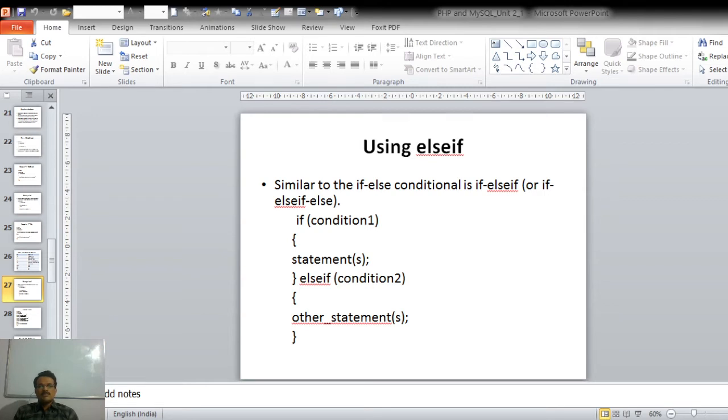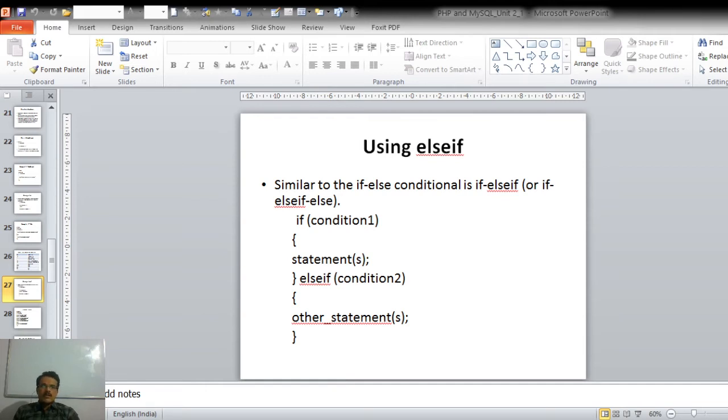Next, else if condition 2: if condition 1 is false, then we will check condition 2. If that condition 2 is true, then the other statements will be executed. Again, if condition 2 is false, then we will check condition 3, then condition 4, and so on, as many conditions as you want in order to implement the logic in the program.